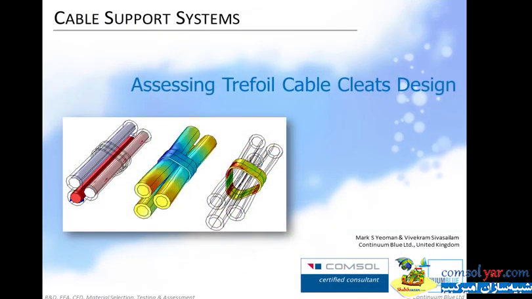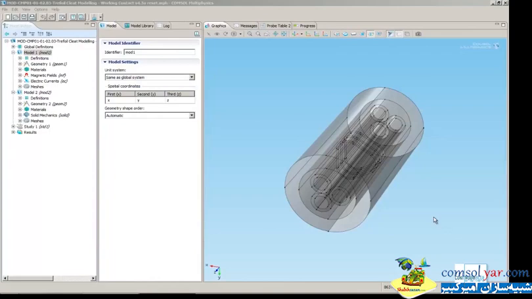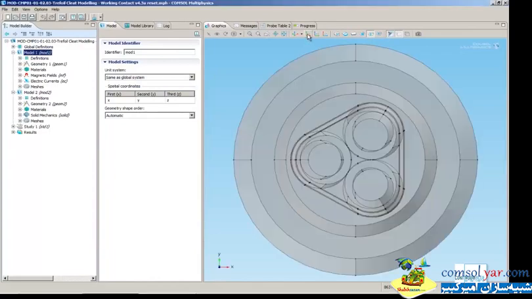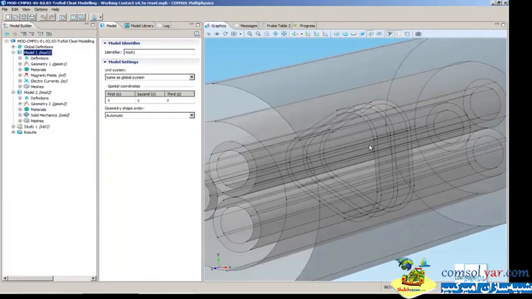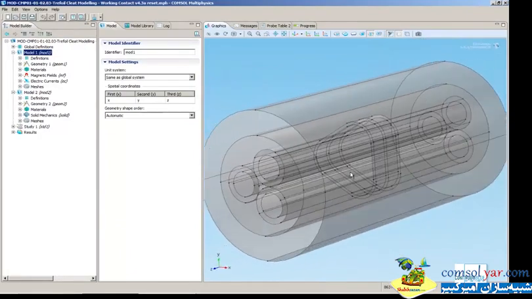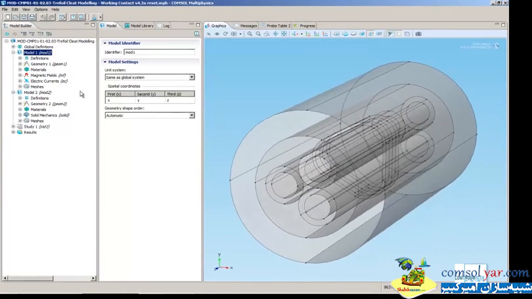I'm going to discuss how we at Continuum Blue use Cleat to do modeling for the analysis of cable cleats. Cable cleats are heavy-duty components used to tie down medium to high-power cables. In this example, we are going to see a simple trefoil cable cleat design used to constrain 3 power cables,